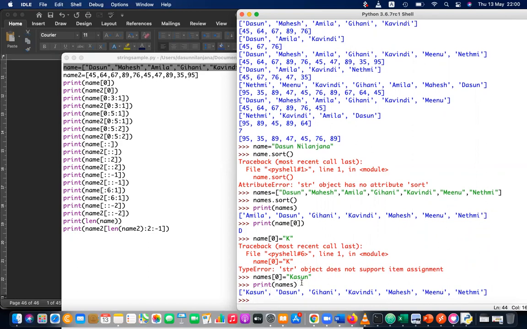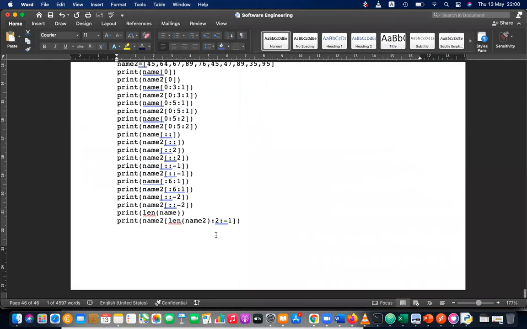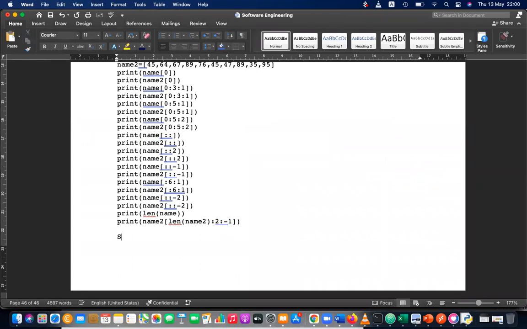So that is another feature. That means you can assign, and that is also due to the mutable feature in lists. Please write down that strings are immutable, but lists are mutable, editable. Immutable means read only.